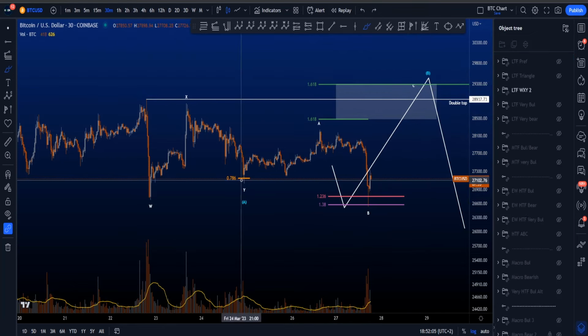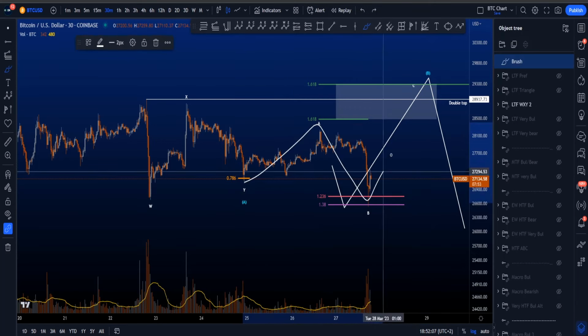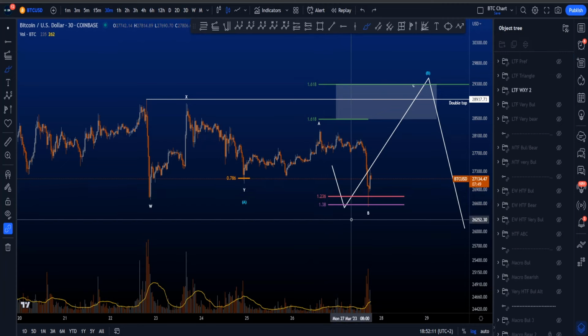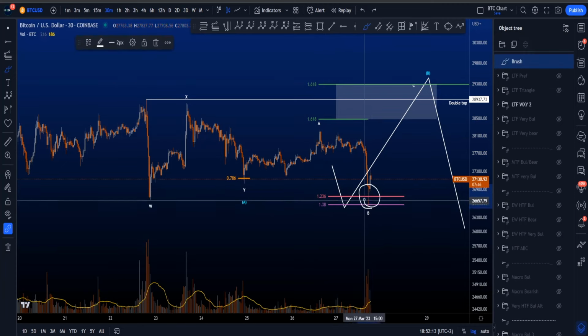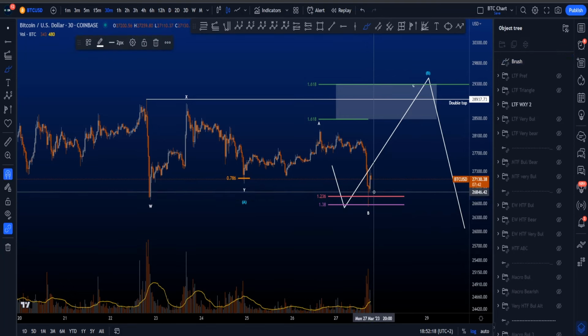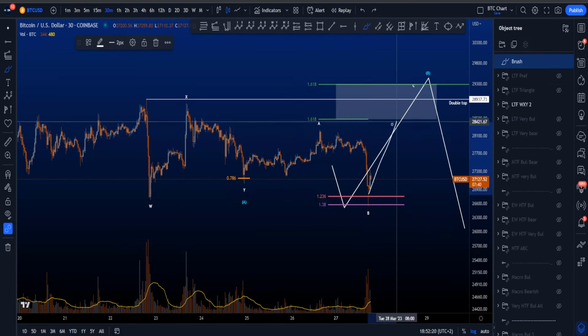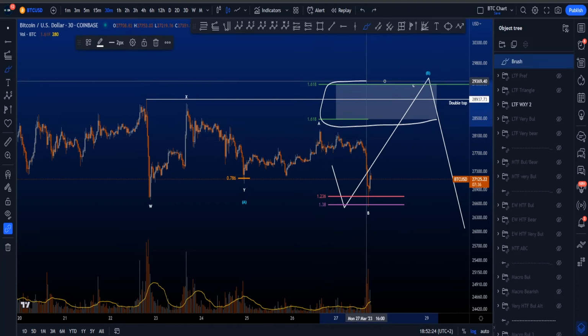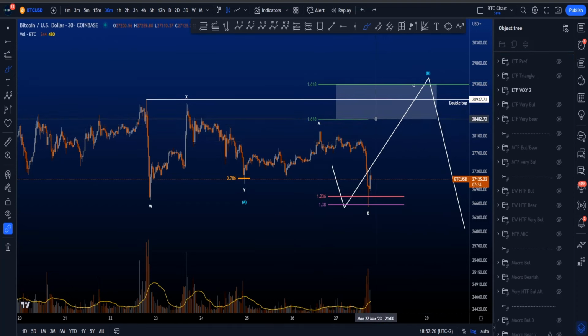So the blue B has an expanded flat A, B, C, and as you can see, the expanded flat most common target, the 1.236 and the 1.38, has been very nicely respected with a wick inside this area and then at least a little bounce for now to the upside, but we would be looking in this scenario for, of course, a bigger bounce to the upside, with then the most common target area for a wave C being the white box over here between